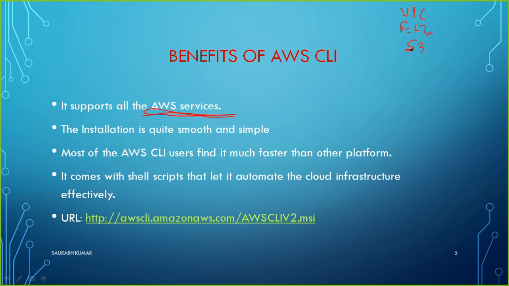Second is the installation is quite smooth and simple. So I am going to show you practically itself, and you will understand how easy it is to just have the CLI on your Windows machine or Linux machine, from where you can easily access and control AWS. You don't need even after that any browser and login credentials, going through those buttons of login and typing the username and password. I will be giving you the method you can use, and by that you can access every service, everything you will be able to perform directly from your command prompt or your terminal of Linux.